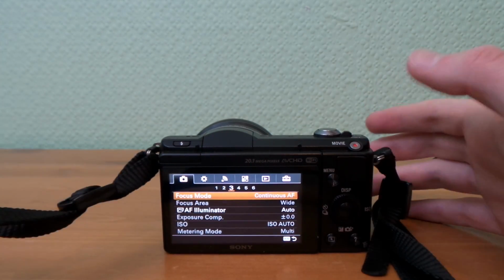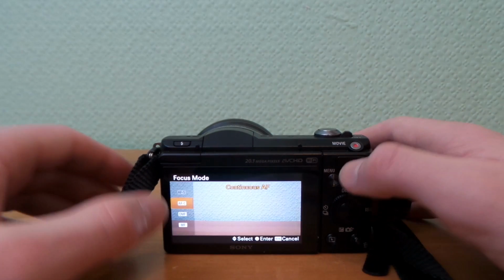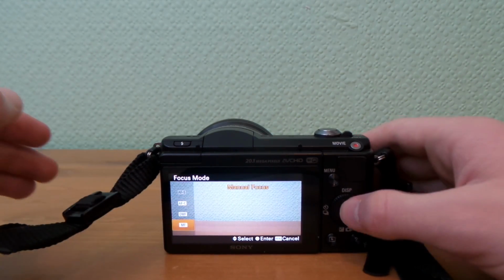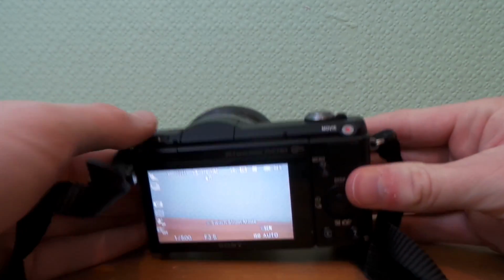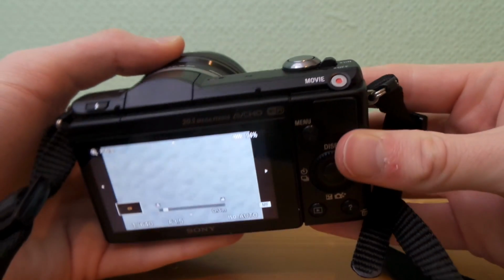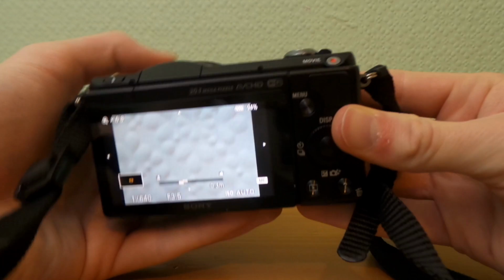The third one, you have the focus. This is probably going to be the most useful tool for you when you're using it. What you want to do is, instead of having continuous autofocus, you might want to change it to manual focus. This will allow you, when you're on the camera as so, just to twist this at the top and you'll get this little screen here, and you can adjust the focus so you can get it either out of focus